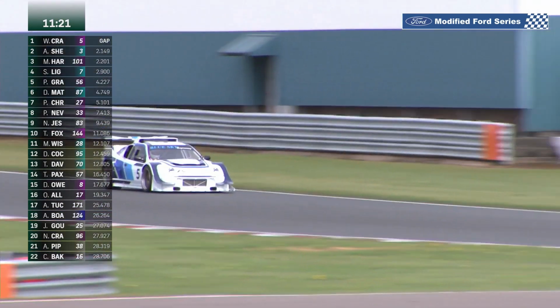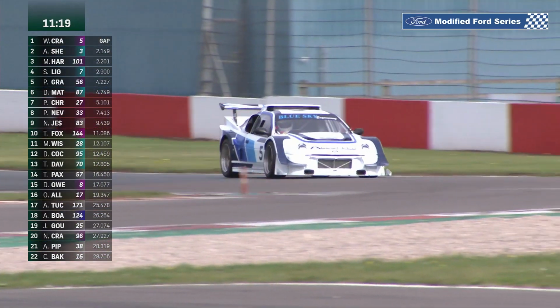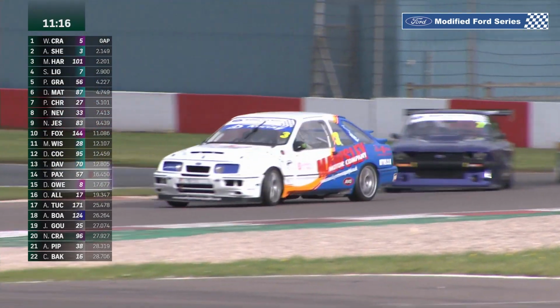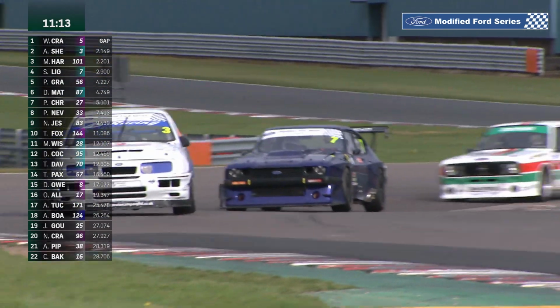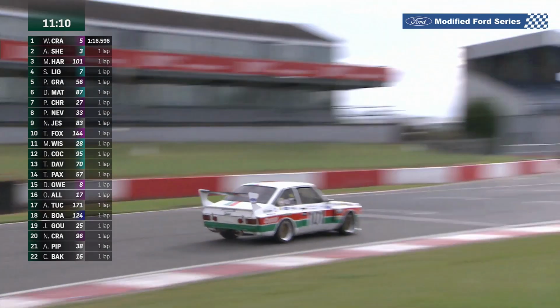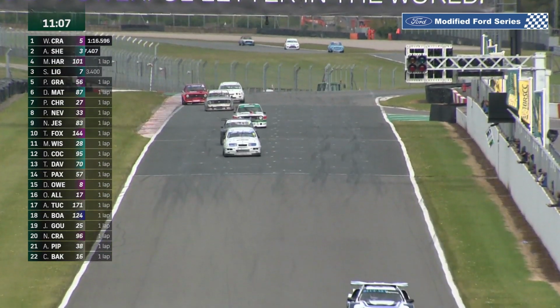Second place battle then off Coppice corner, and actually it's the third place that could change here. Simon Light up the inside of Malcolm Harding as they went down the exhibition straight. The leader turns into the chicane. Second is Shelswell. Third will be the Capri. So Simon Light then into third place now, ahead of Malcolm Harding, who was really on his toes at the